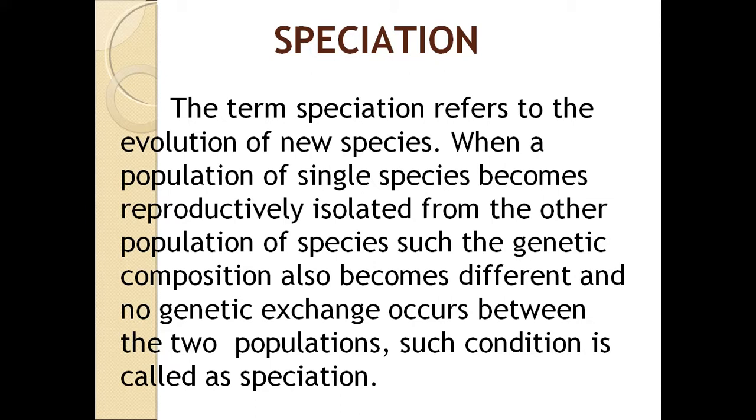This is nothing but speciation. It occurs when a group of members separates from the other group of members and develops its own characters and evolves into a new kind of animal or a new kind of plant which is different from the population, and it is evolving into a new organism or a new species.